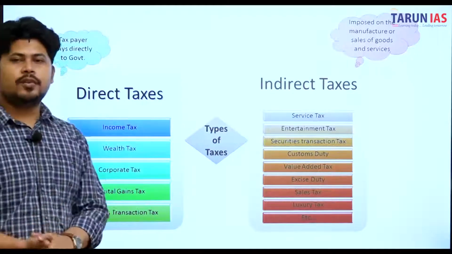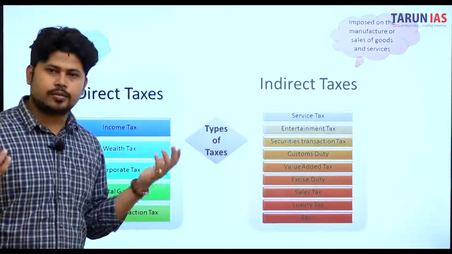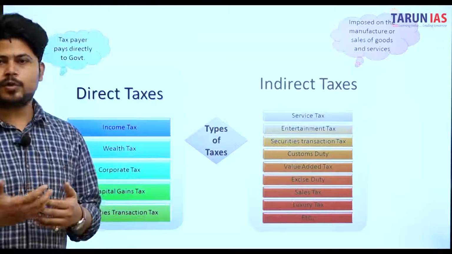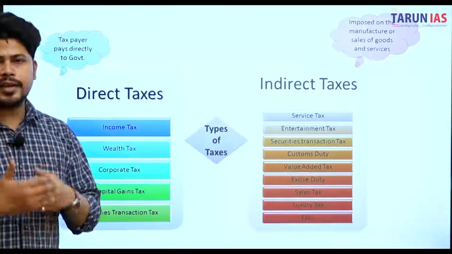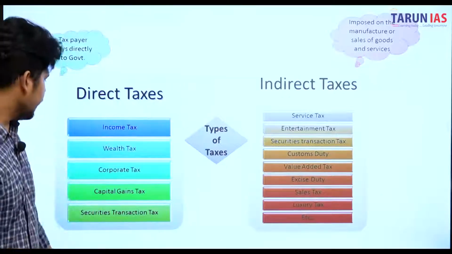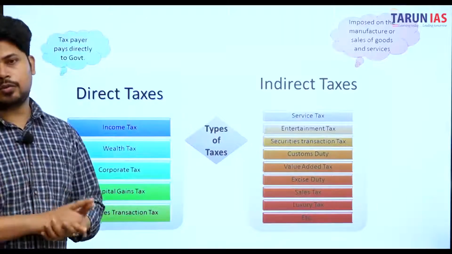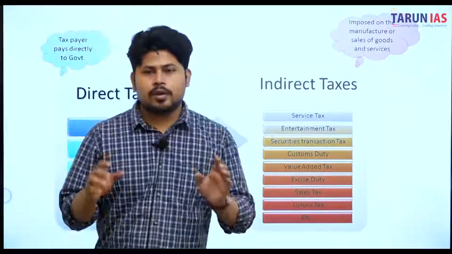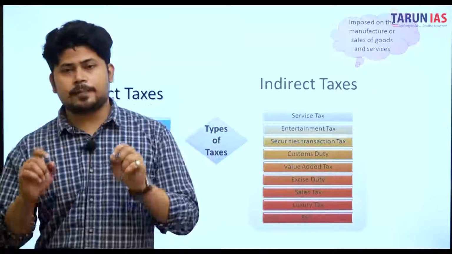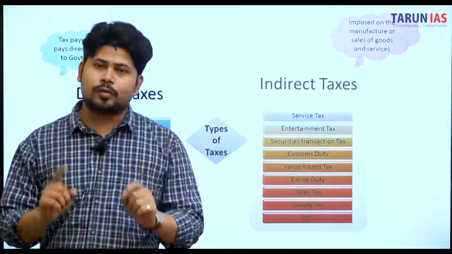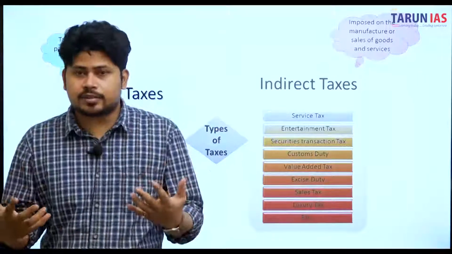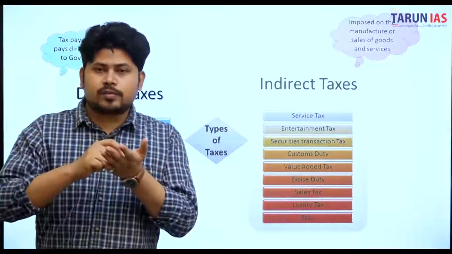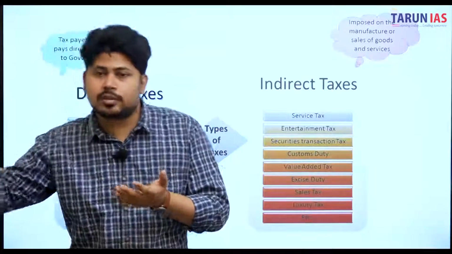Securities transaction tax. If you are holding some securities like T-bills, shares, bonds, and you are making some transaction, selling or purchasing it, then there will be a certain tax imposed upon the seller, because the seller is going to make a profit out of it. So these are direct taxes. Direct taxes are those taxes which are imposed upon and collected from the person who is making that transaction. Indirect taxes are imposed upon someone and the incidence of that tax is on someone else.